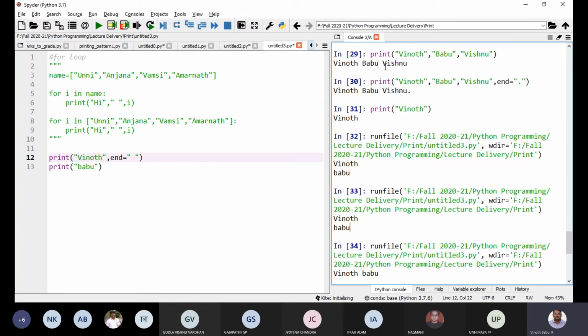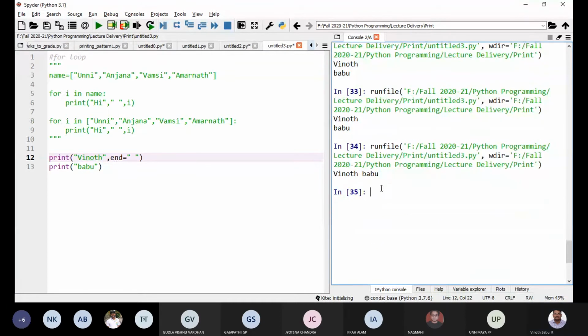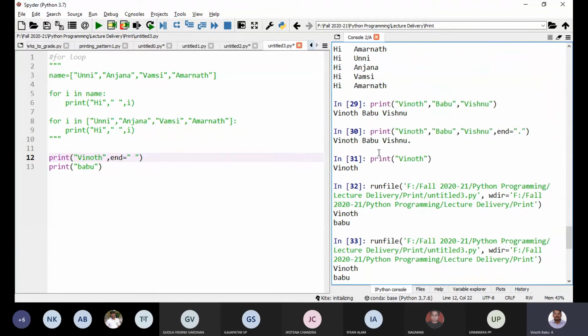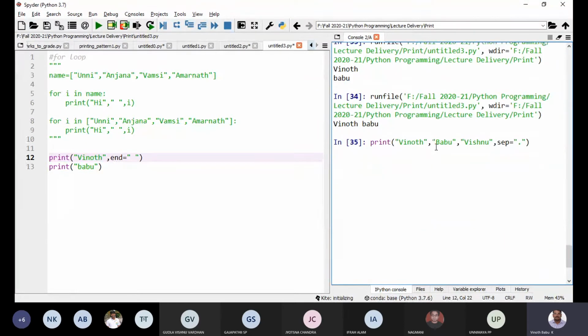Similarly, another one, there is something called separator. Instead of end, I'm using separator. You see the difference when I used end. After printing all these things, a dot is added. When I am using separator, you see the difference.